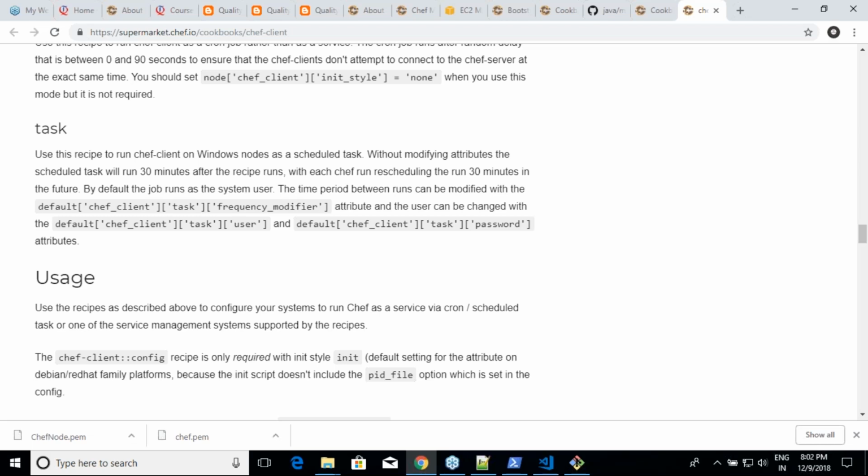And the basic answer for that is the chef client supermarket cookbook, and it is written by chef. Chef wants to give you an easier way of doing all of this, so that's why they have published this cookbook. In an interview, you can say that this is how we do it. And for the people who are interested, go and try to understand their cookbook. Get inside that cookbook and see what they are doing.